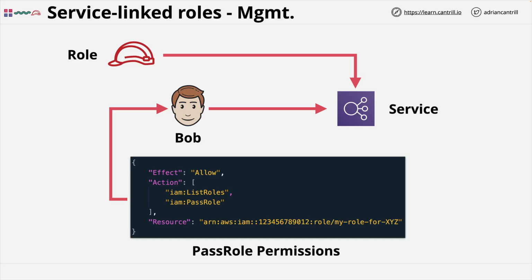Now that is everything I wanted to cover in this very brief lesson. It's really just an extension of what you've already learned about IAM roles, and it's something that you're going to be using in demo lessons elsewhere in the course. For now, I just want you to be aware of how service-linked roles are different than normal roles and how the pass role architecture works. But with that being said, that's everything I wanted to cover in this